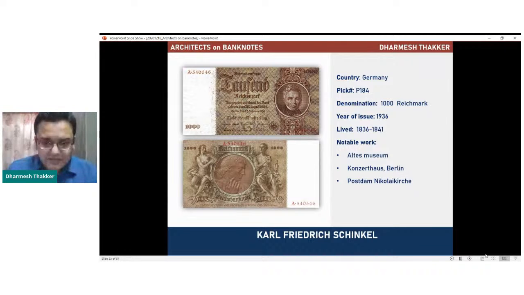Australia has featured two architects on their notes. One is Francis Greenway. He was responsible for a lot of architecture that shaped the early colonial